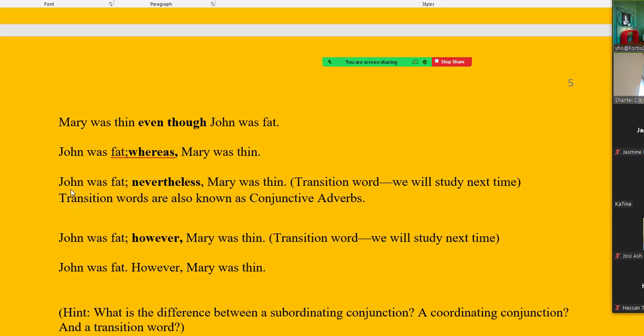In this lesson, I just want to make you aware. And when you have this kind of sentence structure, this is also a compound sentence, because a transition word is very similar to a coordinating conjunction. For, and, but, yet, nor, so, yet. It's just a different way of saying but, and it's just a different way of saying FANBOYS. And so here, you can also have a period. You could say, John was fat, period. Then you have to have a capitalized However, Mary was thin.